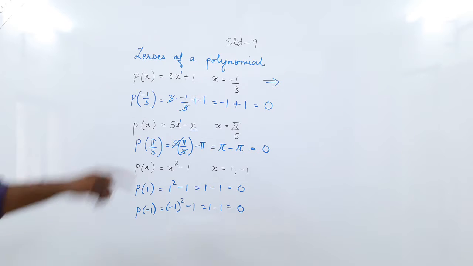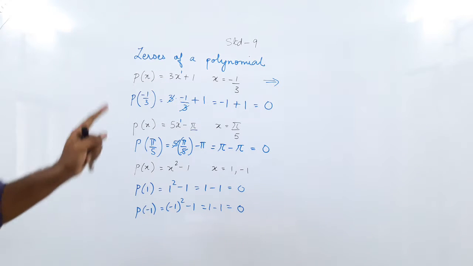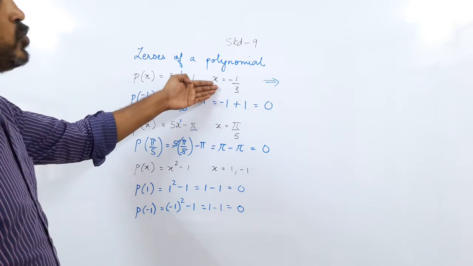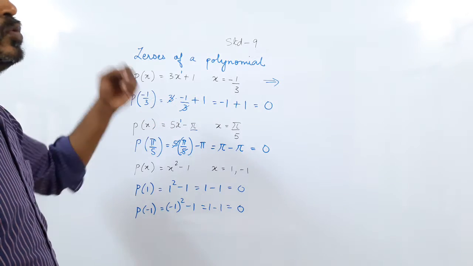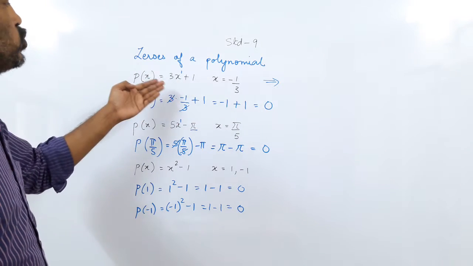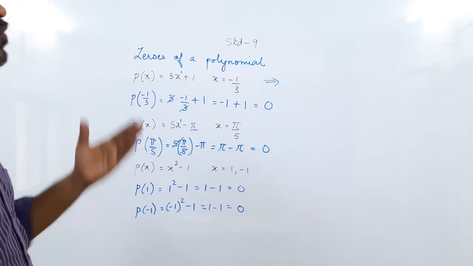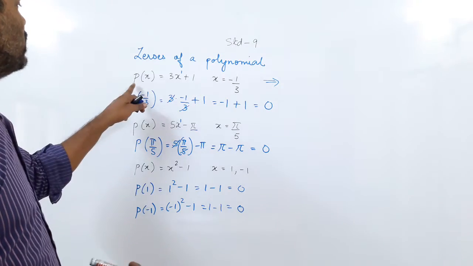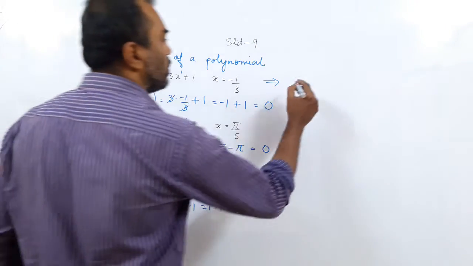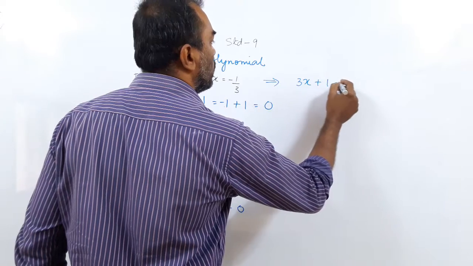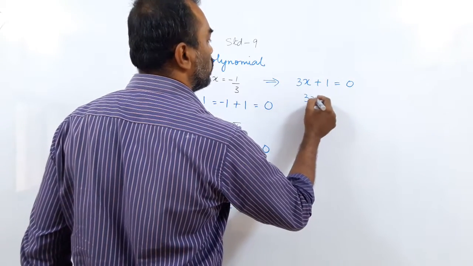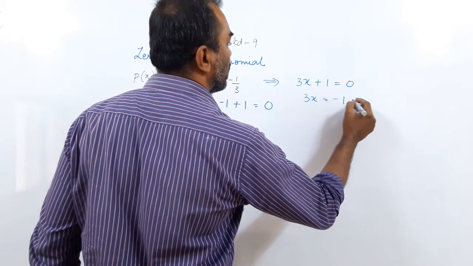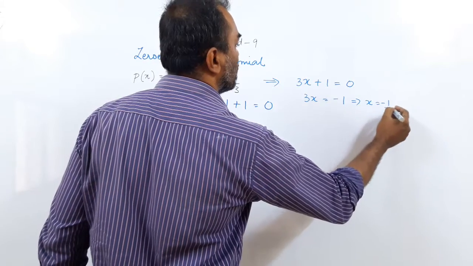Okay. So we learned one other thing also, the direct method. Now this is which method? Trial and error. I take x equal to -1/3, -1/2, 0, 1/2, 1/3. There are so many values I can take. In this way, to find the 0 is very difficult. So what is the direct method? The direct method is that the value of this polynomial should become 0. Means 3x plus 1 should become 0. So 3x should become how much? The plus 1 goes to this side, should be -1, which implies x equal to -1/3.